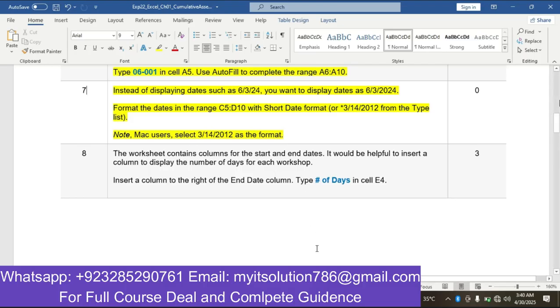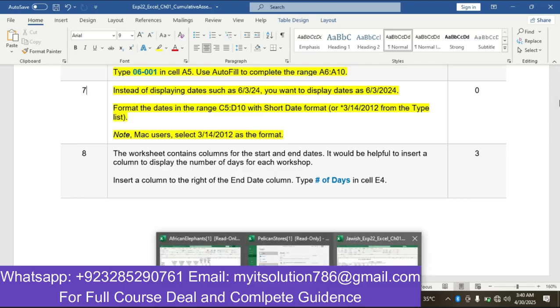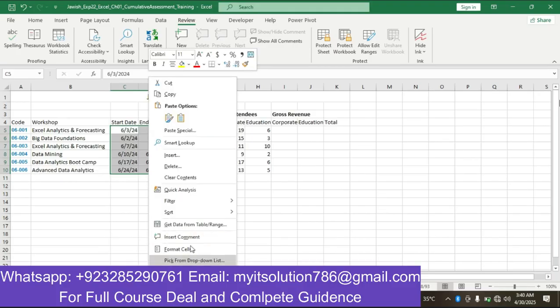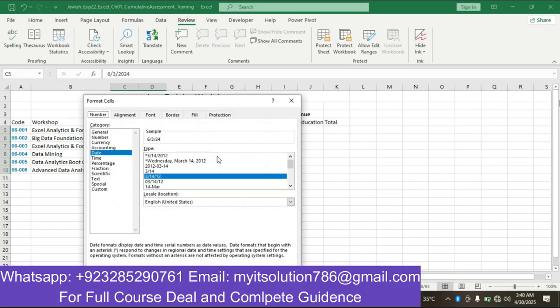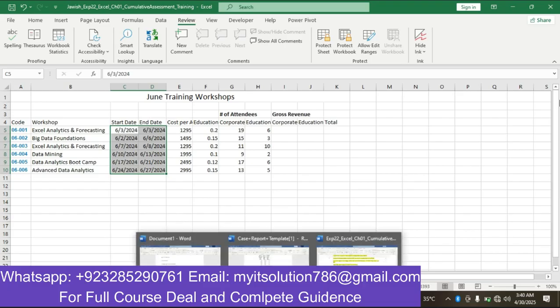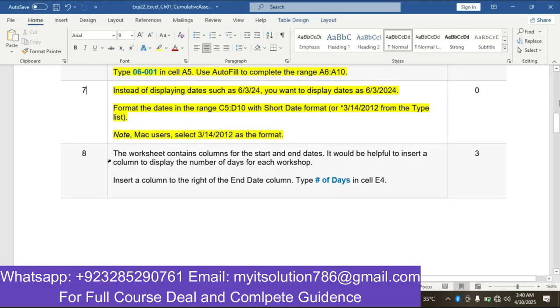So we go on our Excel worksheet and in cells C5 to D10, change format cell and put this one. So our step number 7 is completed. So our step number 8 is